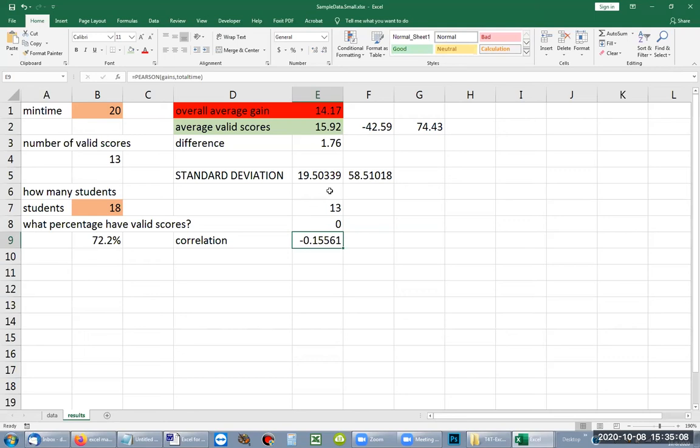Switch to big data set, gains, recent times, diagnostic, fancy formulas. Okay, so we've done average gains by valids. That's too fancy than what we need. So